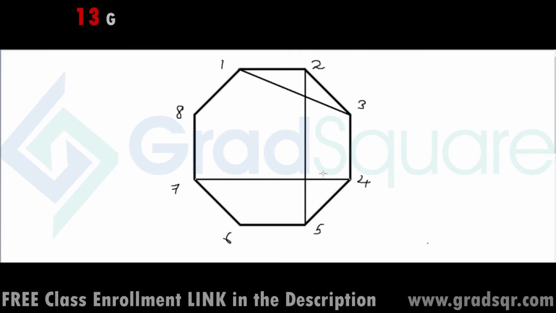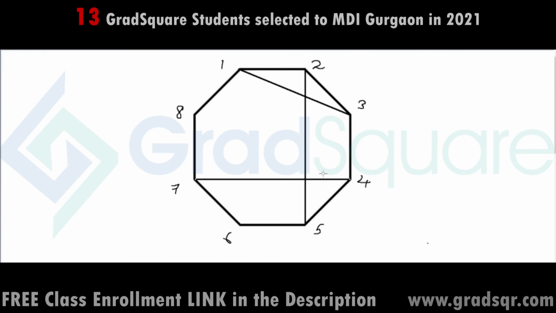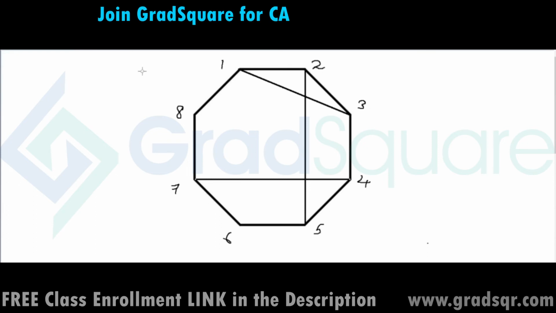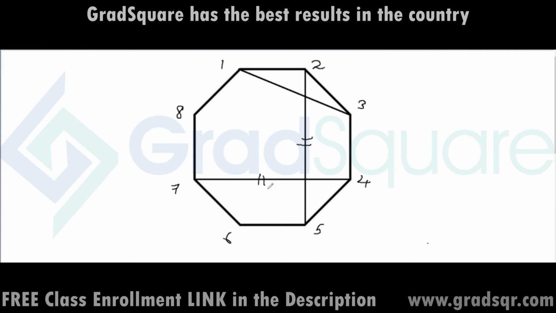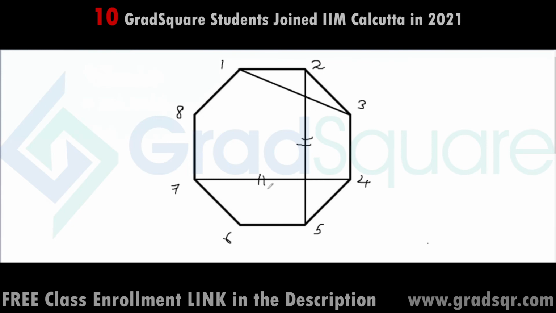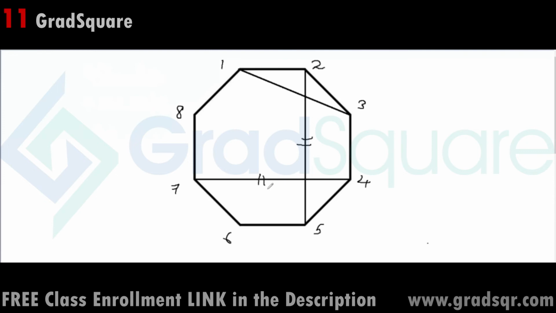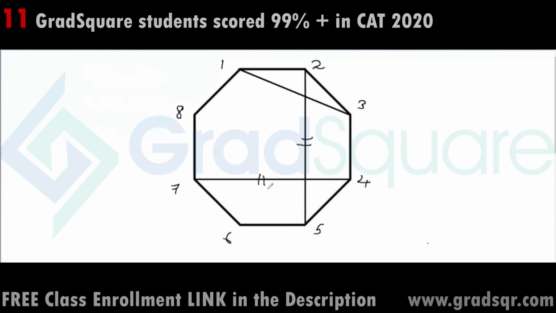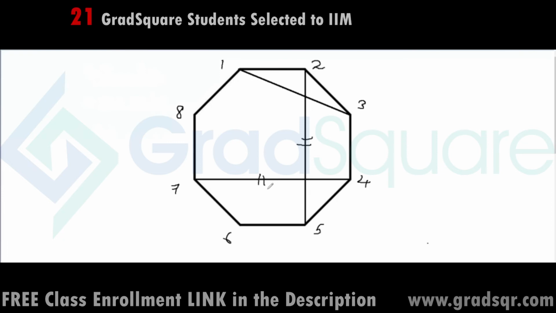are not. So if I look at these three diagonals that I've drawn here, 2, 5, 4, 7, and 3, 1, just by looking at the figure, most of us can conclude that the diagonal 2, 5 and the diagonal 4, 7 have the same length, whereas 1, 3 is definitely shorter than 2, 5 and 4, 7, right? Most of us can instinctively point out which diagonals are equal in regular polygons. But if you are confused and not able to figure out whether two diagonals of a polygon are equal or not, then you can apply a very simple trick to figure it out.